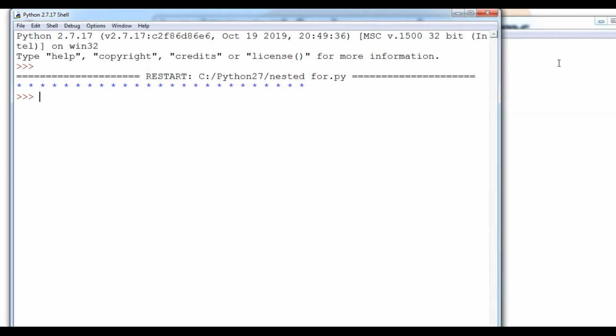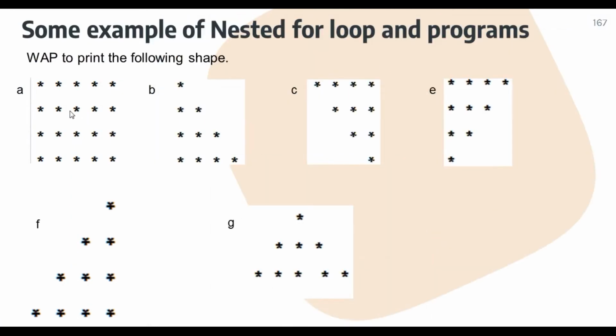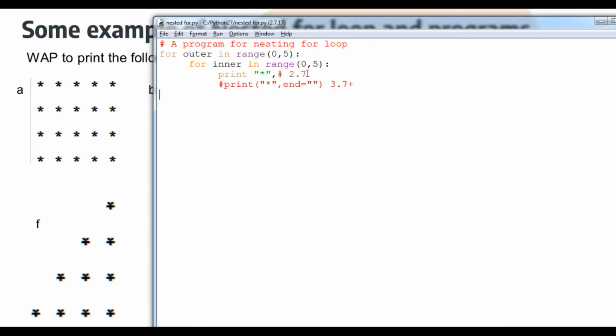Can you see student what is my shape? Shape is like this, shape is like this, but it is containing a single line only. So what I am going to do student, I have to do one thing, I have to bring the content out of the loop, because every time this particular loop will print 4 stars, you can see that 4 stars, and after that a next line will generate.